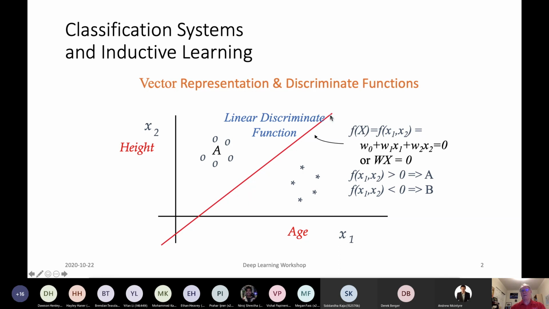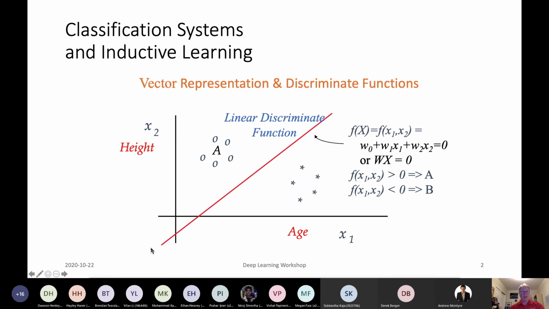So it's describing a line in space, and the bias is important because it allows us to orient this line anywhere in space. Without the bias, the line would have to go through the origin, and that would be a bit of a constraint. So we want to be able to rotate it and move it any way we want to, and the bias allows that to happen.